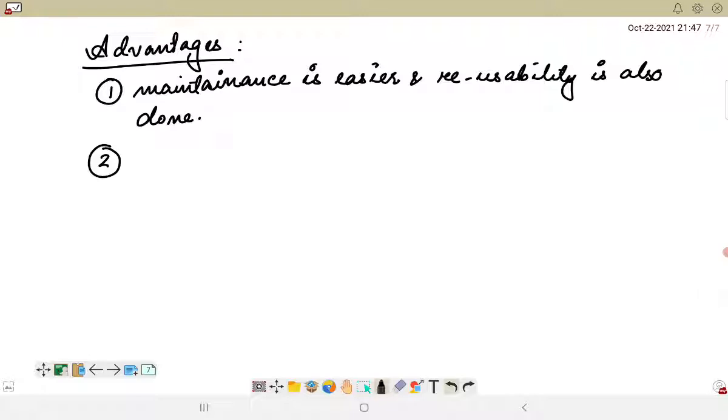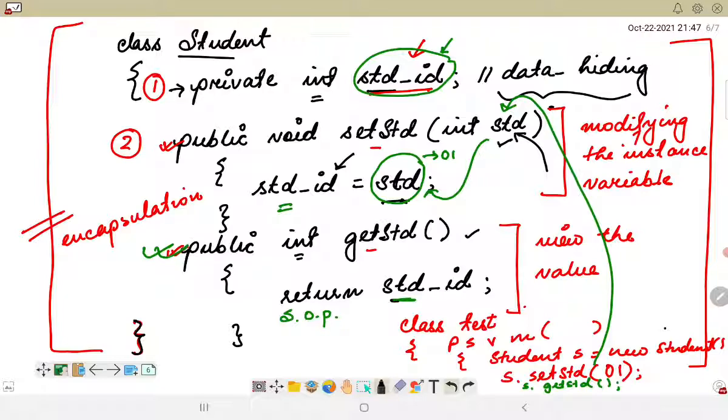For example, if we have a field that we don't want to be changed, we simply define that variable as private, and instead of set and get both, we just need to define the get method for that particular variable. Since the set method is not present, there is no way the outside class can modify the value of that field. Okay, so if you can see this example, if I do not want this particular variable to be modified, I will not write this method at all. In that case I will simply be able to read the value of the variable. I will never be able to modify it. Okay, or no other class can ever update or modify it.